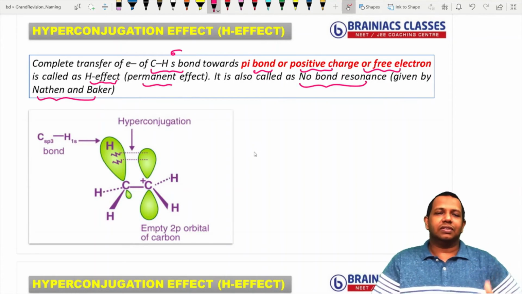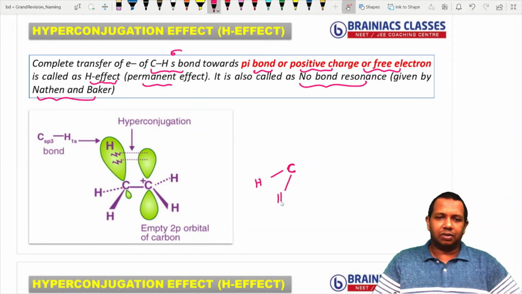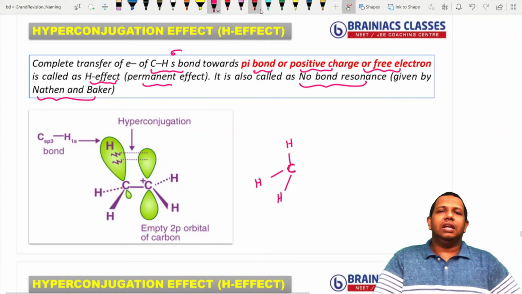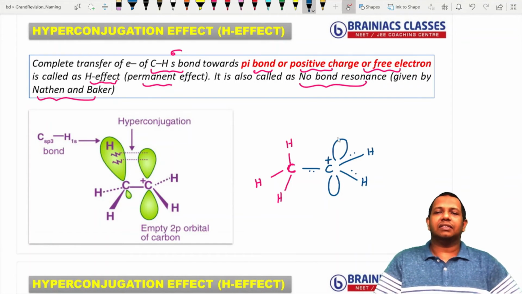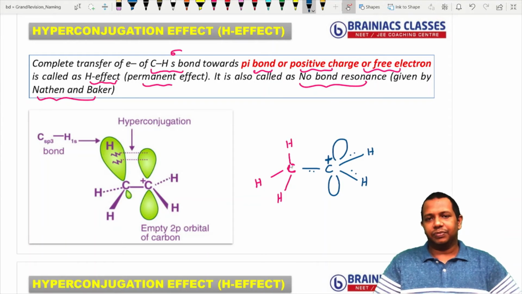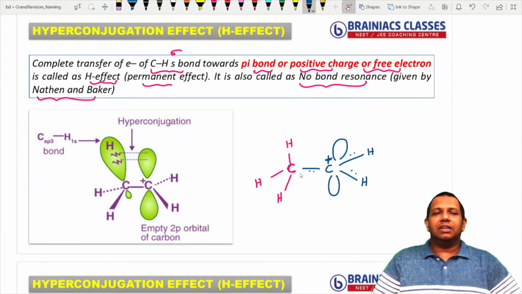You will understand this more if you look at this diagram. So I am redrawing that diagram. Here you have a carbon atom that is connected to three hydrogen atoms. Now near this carbon atom you have another carbon atom which has a deficiency. That means there is a vacant p orbital, correct? And the other two valencies are hydrogen atoms. So this carbon atom has only 6 electrons, near its octet, and it has a vacant orbital, and that is represented by the deficiency.